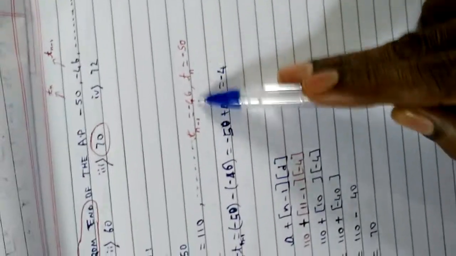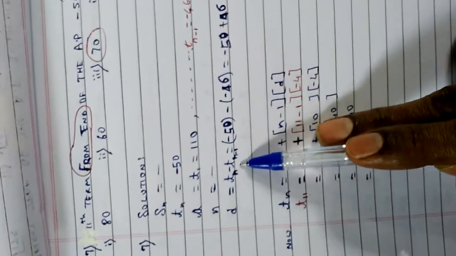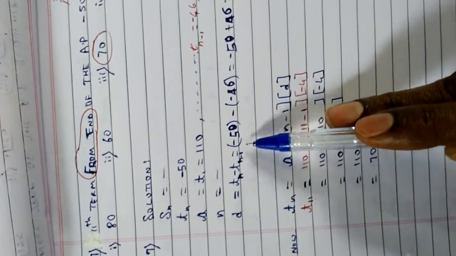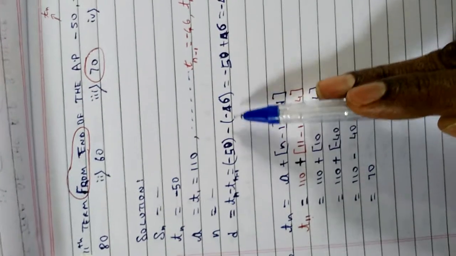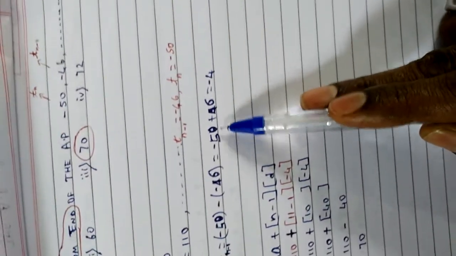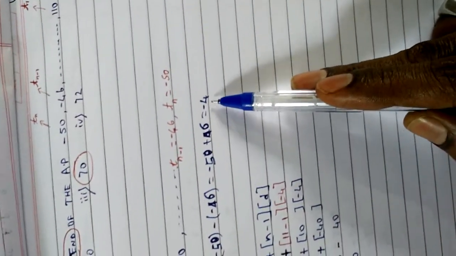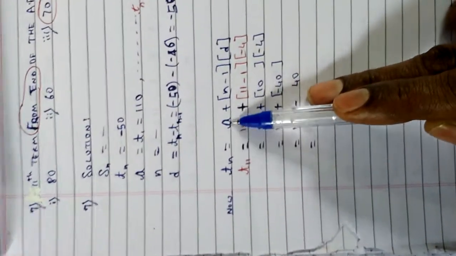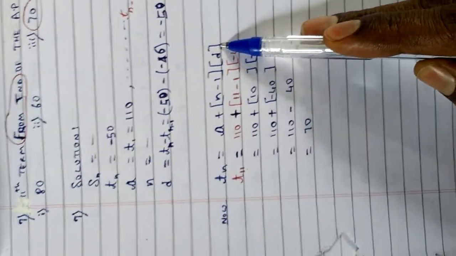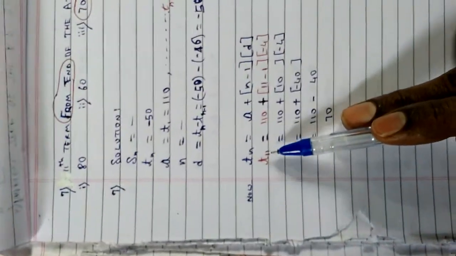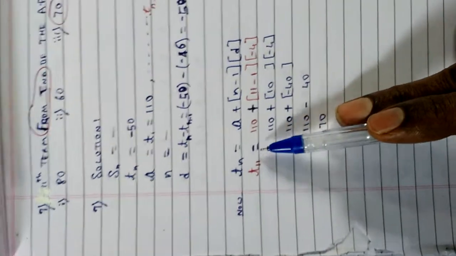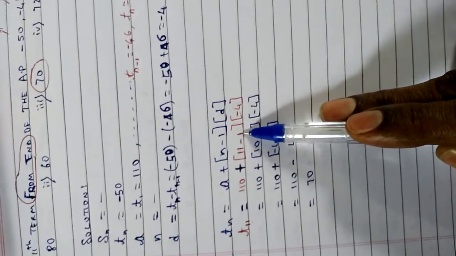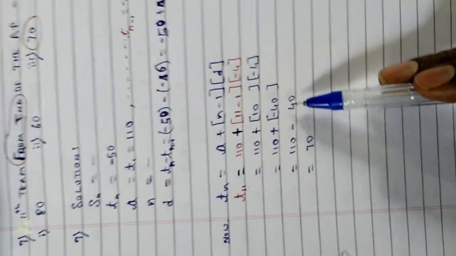Here we have got the last two terms, so it will become Tn minus 1 minus 50 minus minus 46, which means minus 50 plus 46, which equals minus 4. We now take the Tn formula, that is the last term formula, Tn equals a plus n minus 1 into d. Because we have to find the 11th term, we'll get T11 equals 110 plus 11 minus 1 into minus 4. We solve, we'll get 110 minus 40,